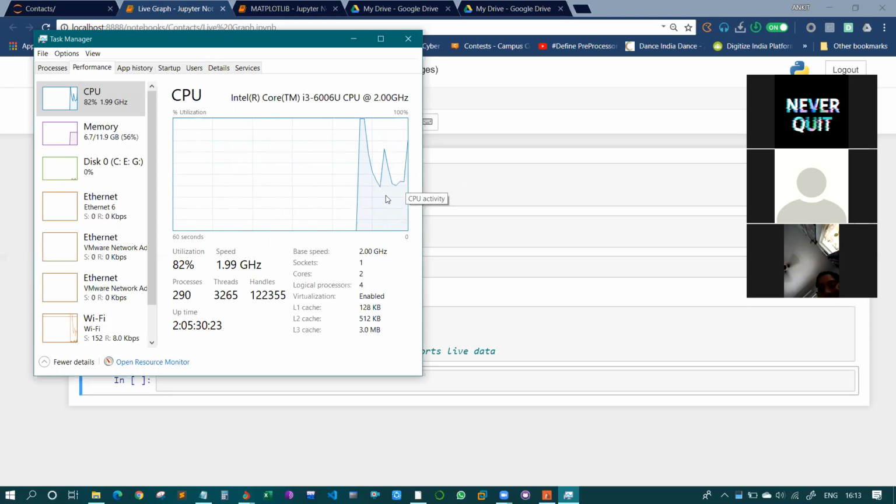Whatever task I am performing right now, my browser is open and it is consuming about 50% of my CPU, so you can see this graph going on and on. Whatever activity you do takes place on your CPU, because the CPU is responsible for every activity on your laptop or machine. Without the CPU we cannot work.